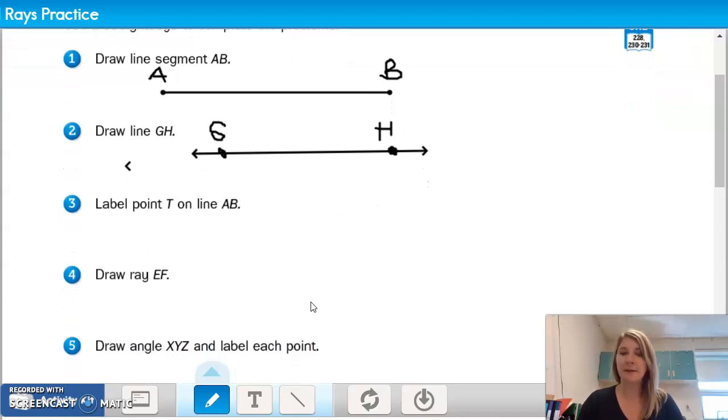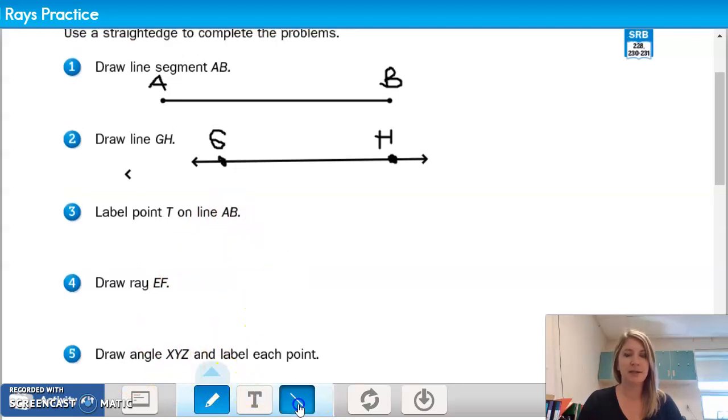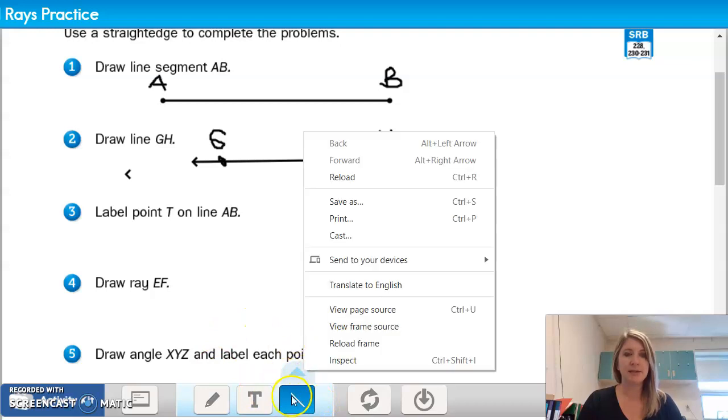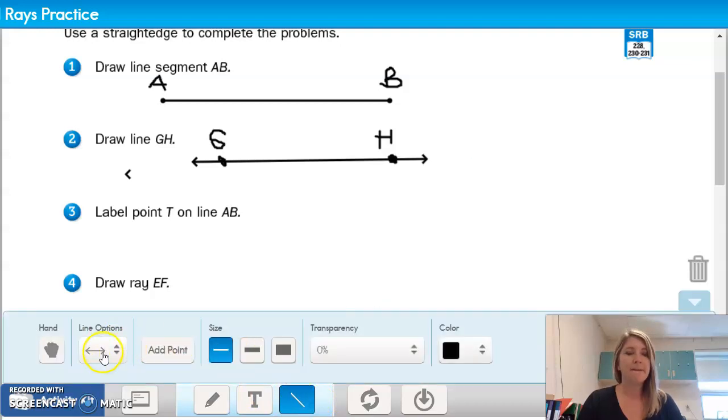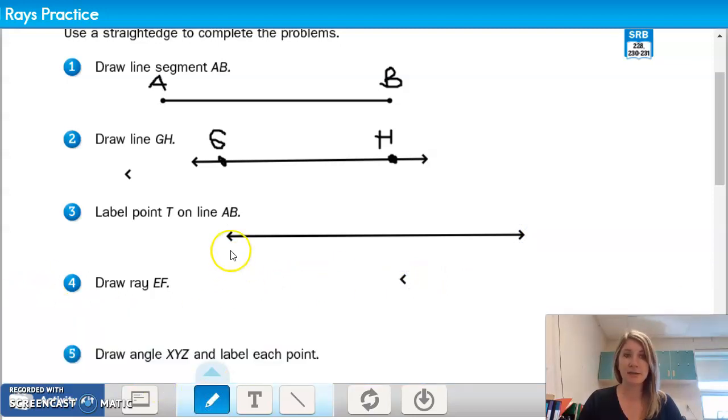Point T. Label point T on line AB. I need another line. Oh, that's a line segment. So I better grab line. Remember lines. Why that comes up every time. Line is right here, so I got my line ready to go. So line AB. Now, it wants me to put point T on it, but I also have to put points A and B too, right? All right, so let's go